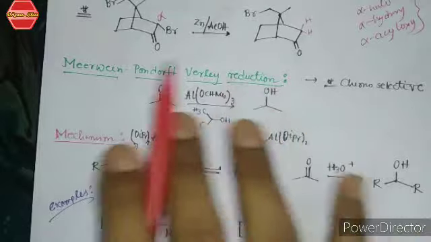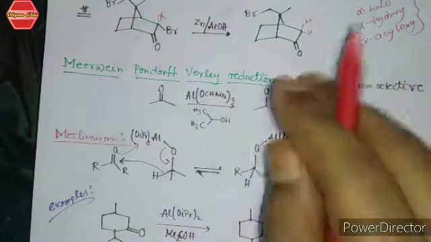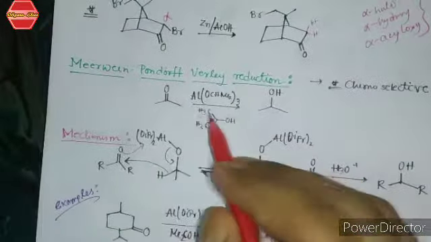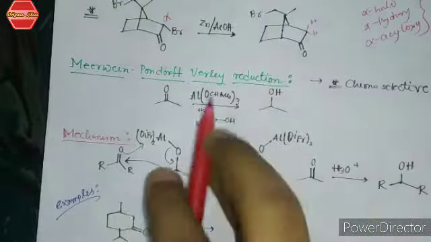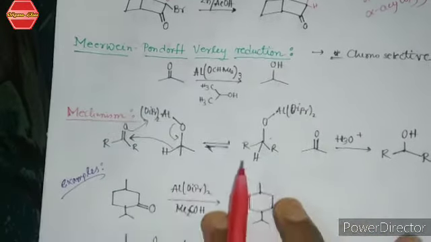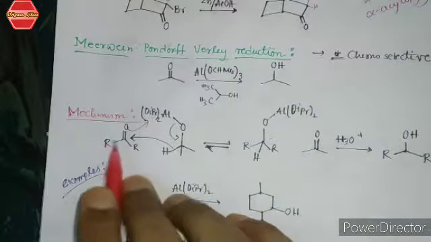So these two are opposite to each other, that is MPV reduction and Oppenauer oxidation. They are both reversible processes of each other. If you haven't checked it, you can go over there and check out those videos. Now see, in this Meerwein-Ponndorf reduction, the reagent used is aluminium isopropoxide and isopropanol, and there is a mechanism where you have a ketone, and here you have this hydrogen. I have not written the overall mechanism. I already made the overall mechanism in the Oppenauer oxidation video. You can go and check those videos.